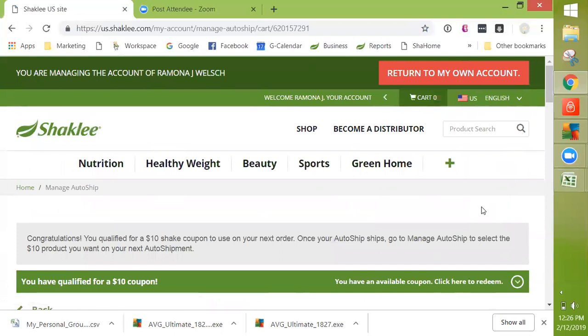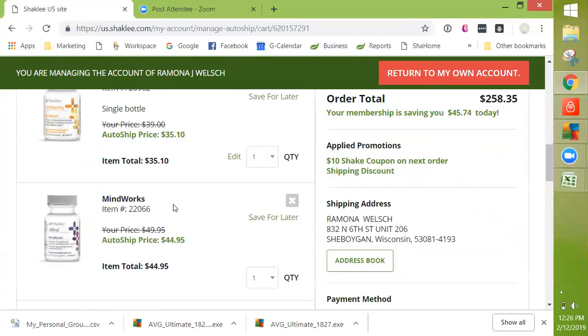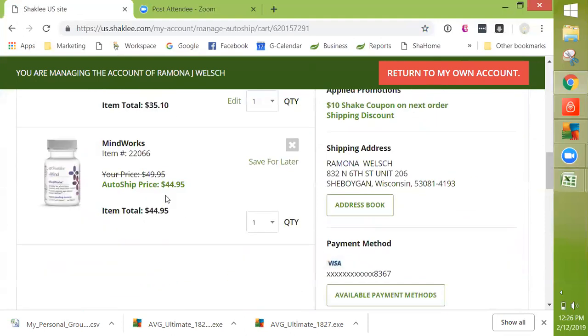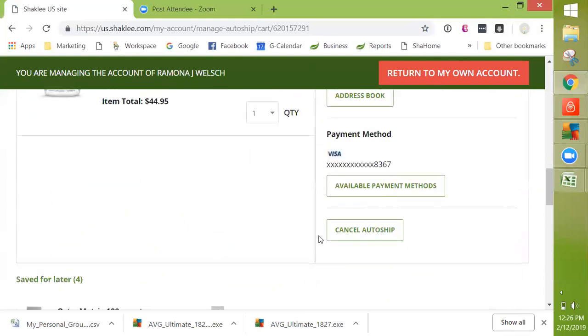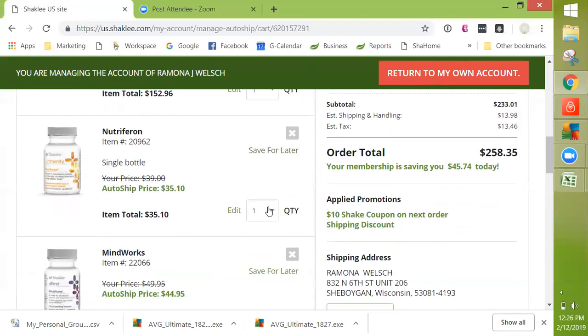Okay? And then from here is where you put the order in. Go see what's on that order, take away from that order. Some of them, what we've done is we've put down on the bottom here to add later, but it's so easy to add an item now. On each item that's in here, it says save for later. So that can make it easier for you to do an autoship. Otherwise,